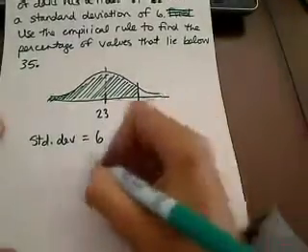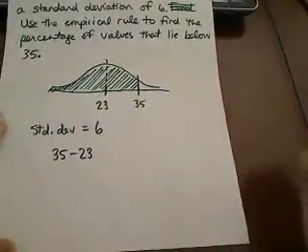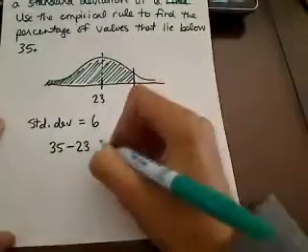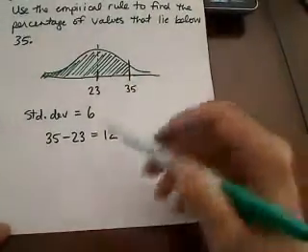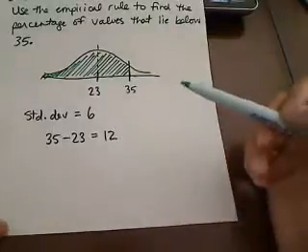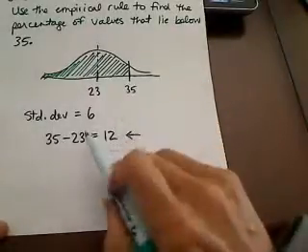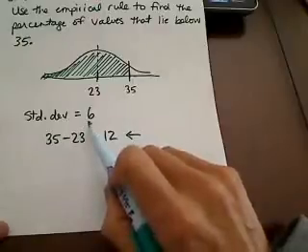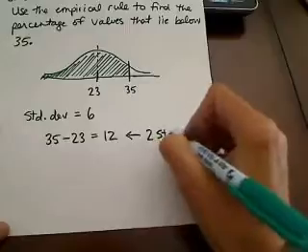You could do 23 minus 35 or 35 minus 23, it doesn't matter, we're just looking for the positive difference there. So that's 12 units, and since one standard deviation in this problem is 6 units, then 12 is obviously 2 standard deviations